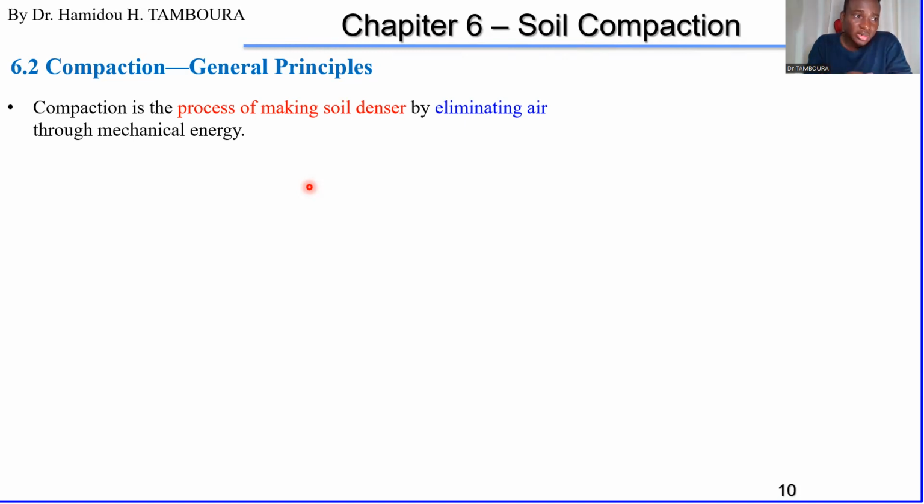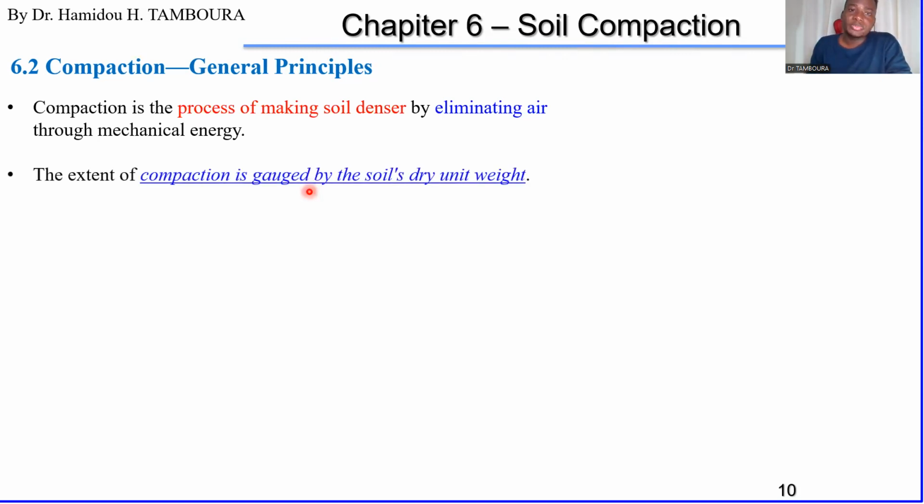So by eliminating the air in the soil, we make the soil denser. This is compaction. So the extent of compaction is gauged by soil's dry unit weight. So by weighing the dry soil